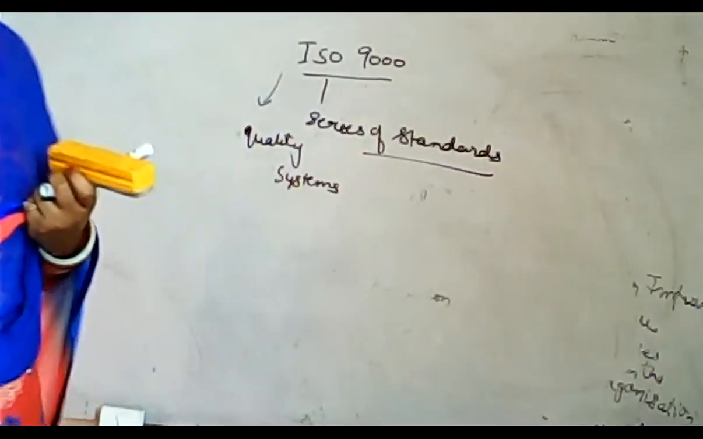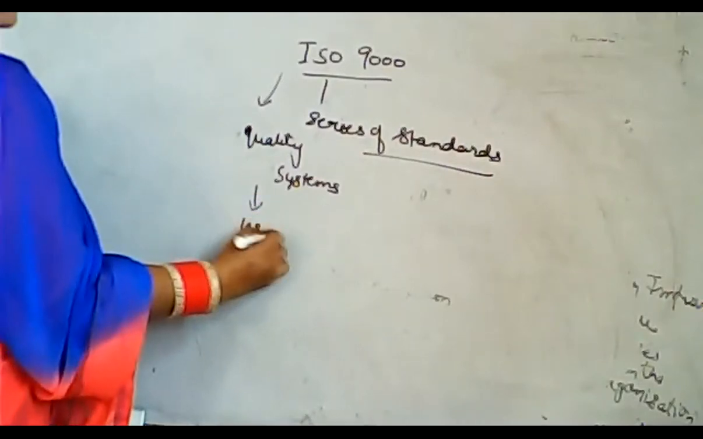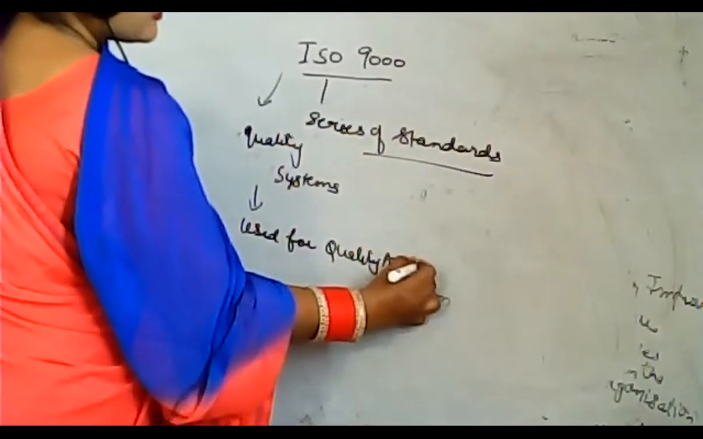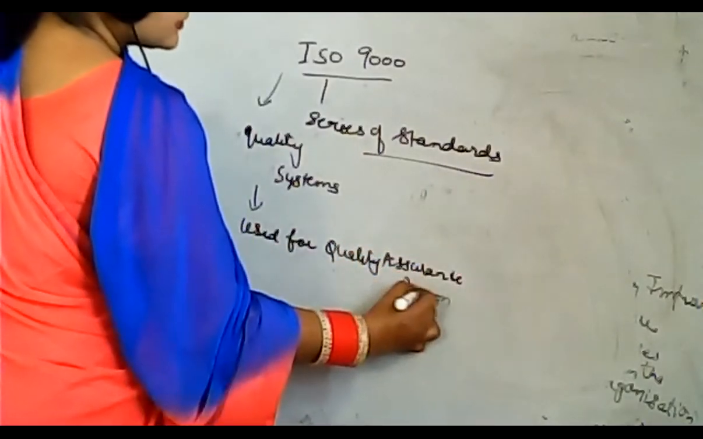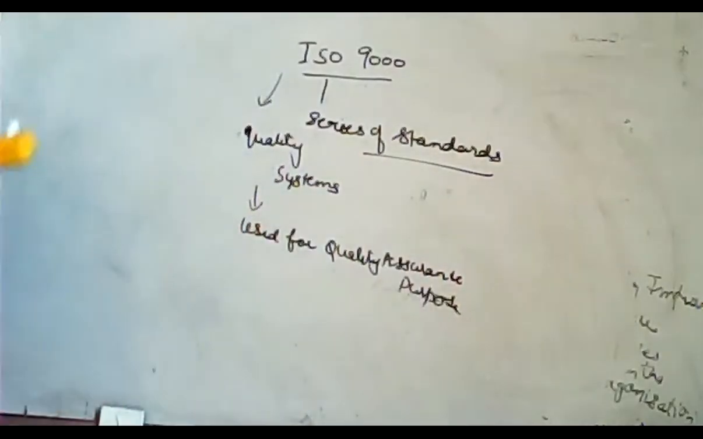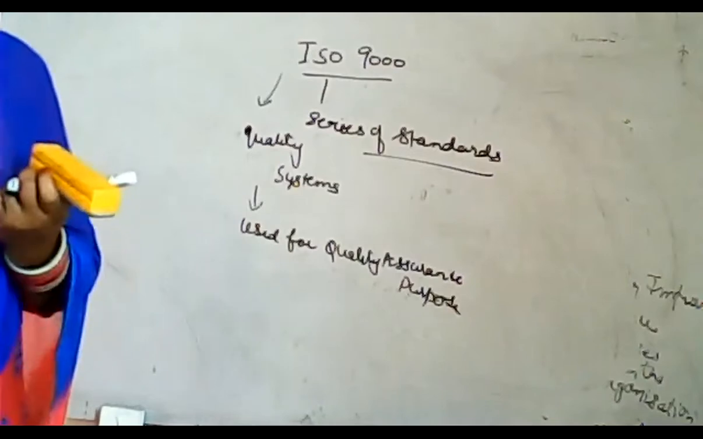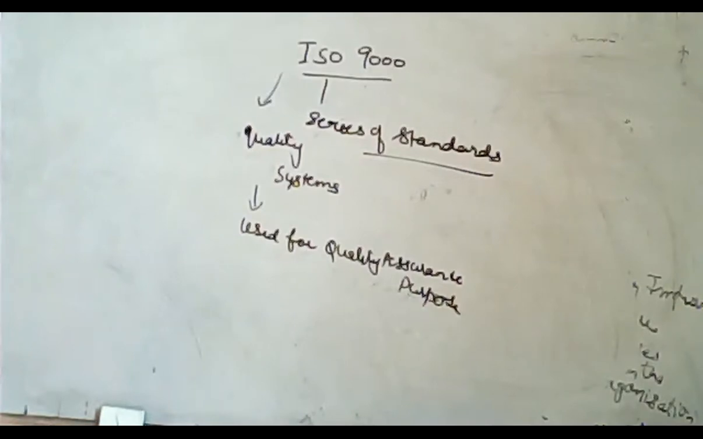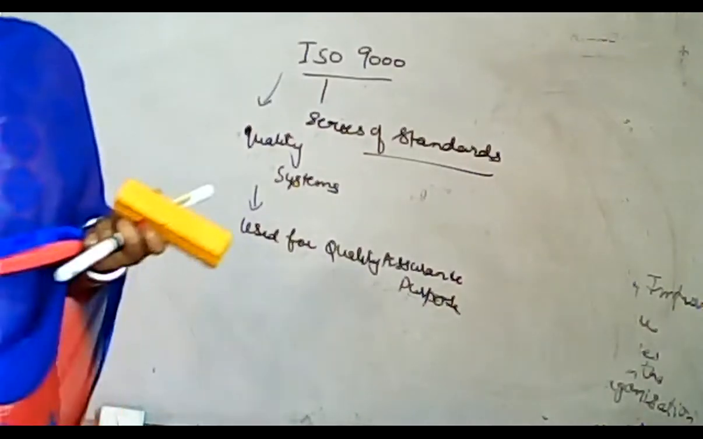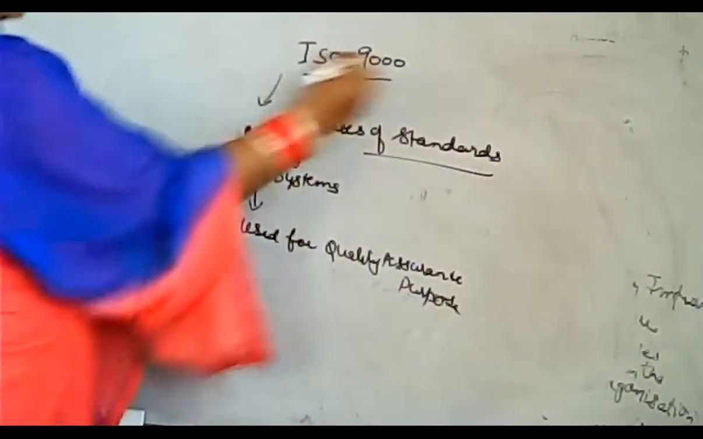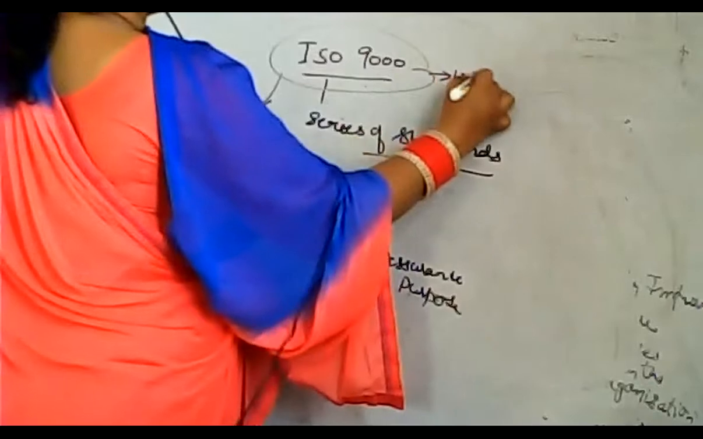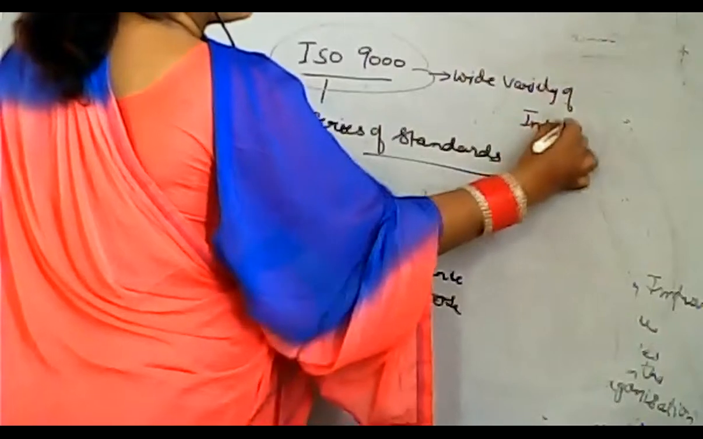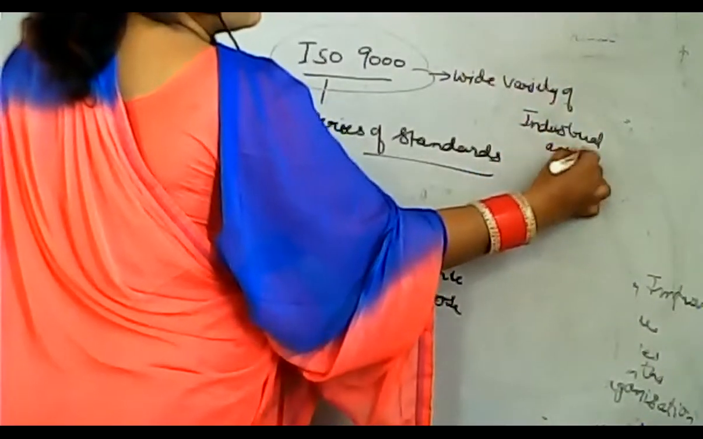They can be used for quality assurance purposes. The ISO 9000 series is not just a software standard. It is a series of 5 related standards that are applicable to a wide variety of industrial activities. So this set of standards deals with a wide variety of industrial activities